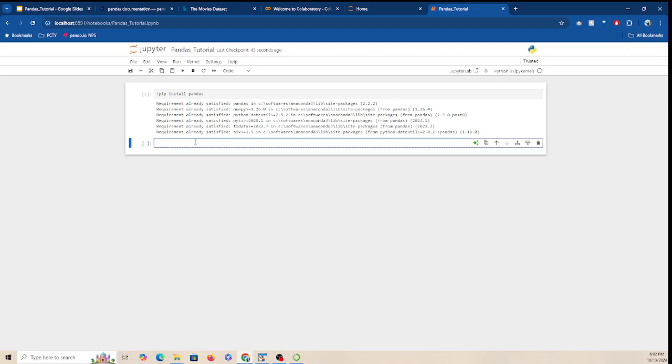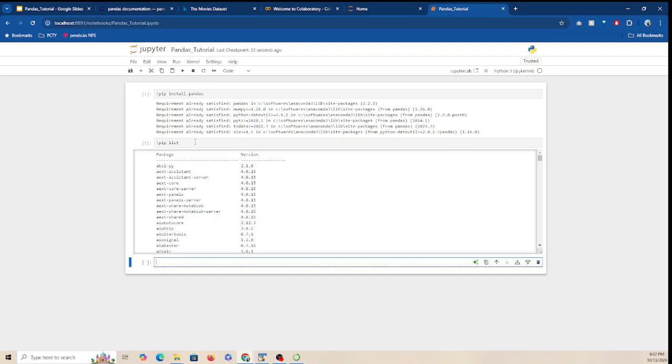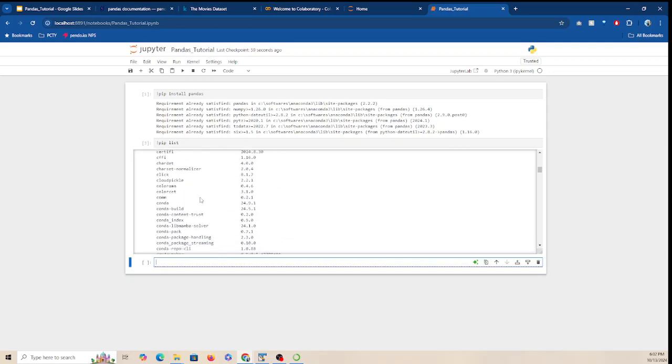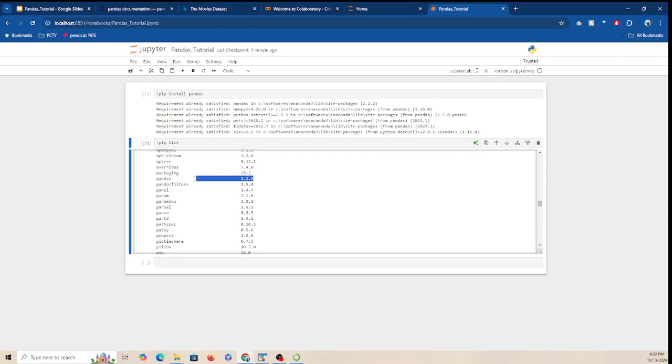The other neat thing to work with Python is you can always manually check if you have the dependencies there, or if you want to see what packages have been installed. So I have a bunch of them. If I scroll down, go to P, you will see pandas here. I have pandas 2.2.2. Okay, perfect. So to work with pandas, the first thing you need to do is